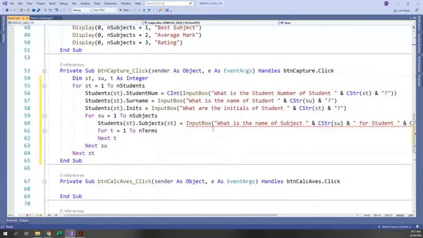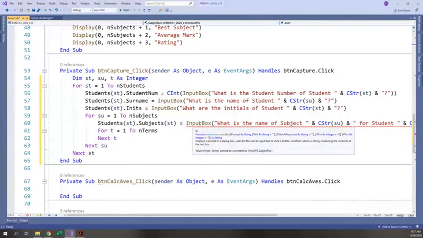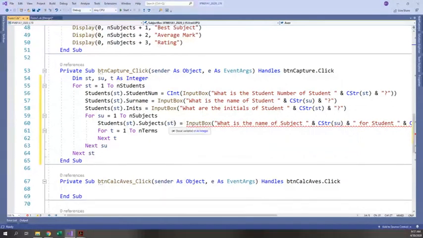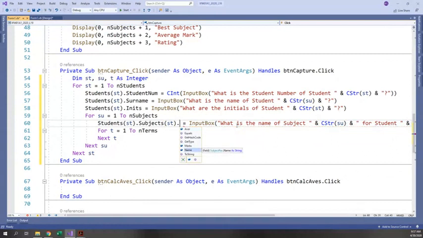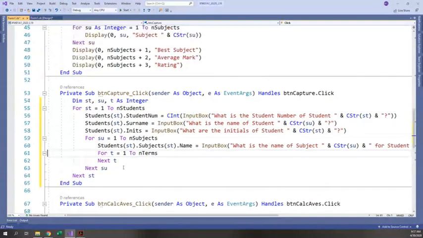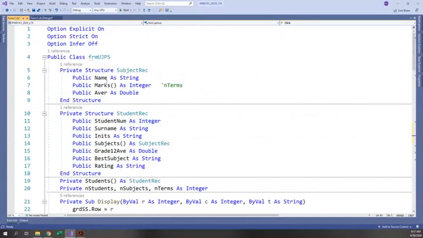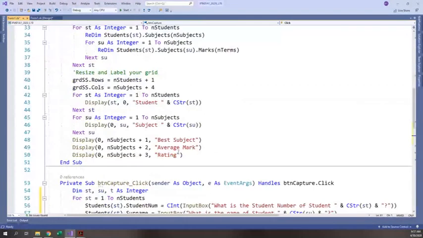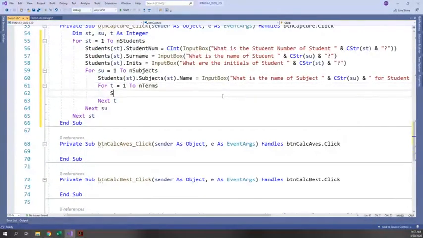And that should then, if you see this and you're not sure what the error is, you should then realize, oh, put your mouse over it and you see, oh, that final line of code is reminding me that actually what's on the left is not just a string, it's actually a whole record structure. And because it's a whole record structure, it means that I have, oops, forgotten to mention a name field instead. All right, because remember, a record structure of type subject actually has a dot name, has a dot marks, and a dot arrow. Okay, and then finally I'm going to have students